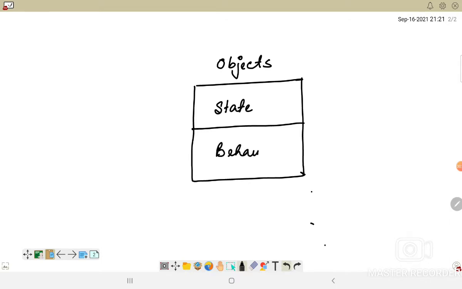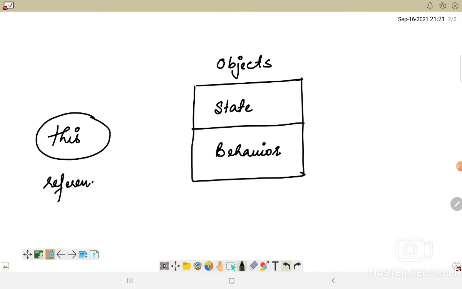So suppose I have an object, it will definitely have an identity, the state that it is in, and also the behavior in which that object will behave. The this keyword is used to refer to this particular object. We use it as a reference variable to refer to this particular object.